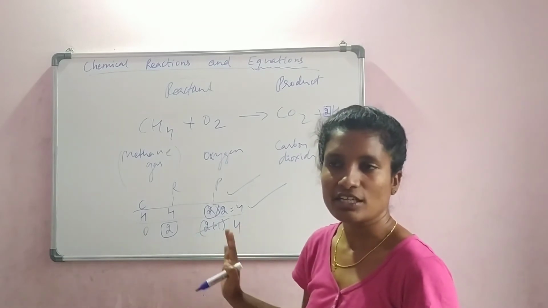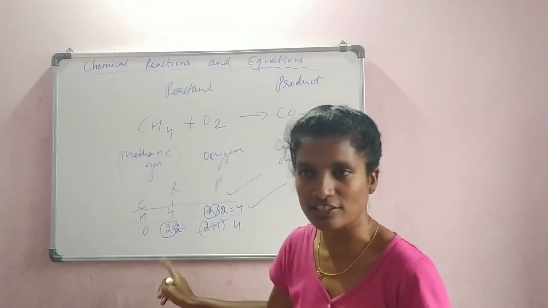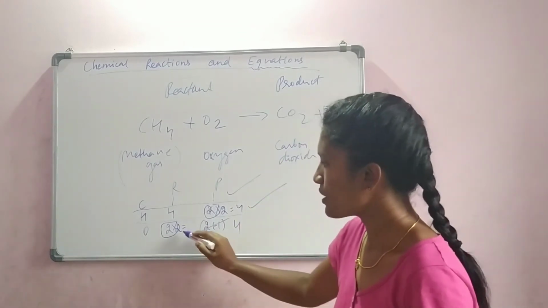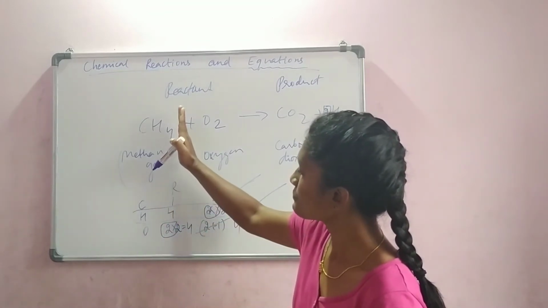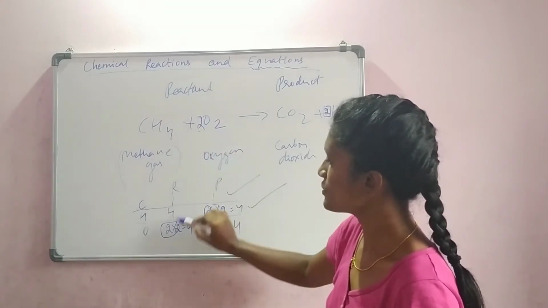What can we do to balance this again? Multiply this 2, the least number, with a proper factor to make it balanced. So I am multiplying with 2 to make it 4. So I will go to the reactant side and make the oxygen, and I will put 2 here. So 2 times 2 is 4.